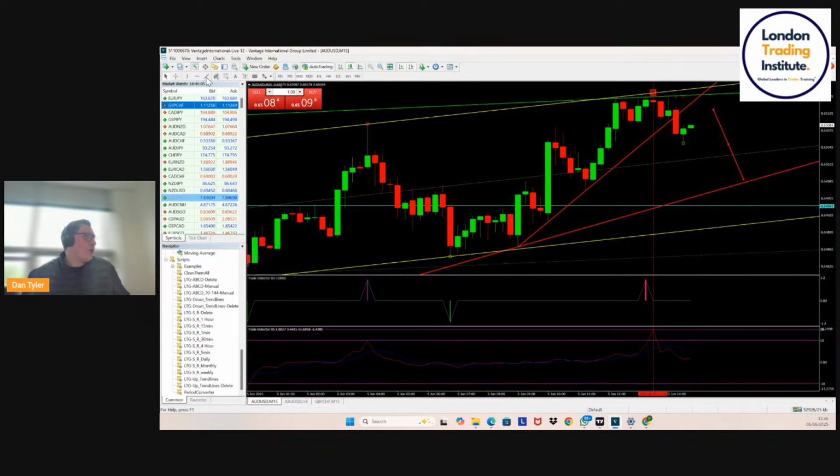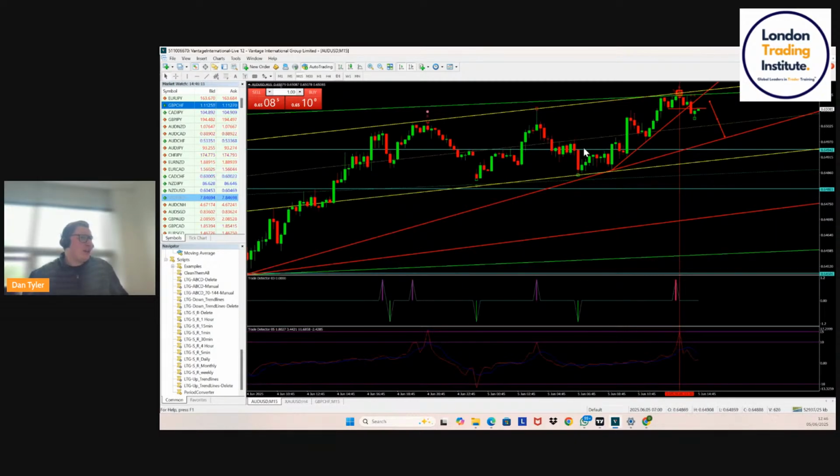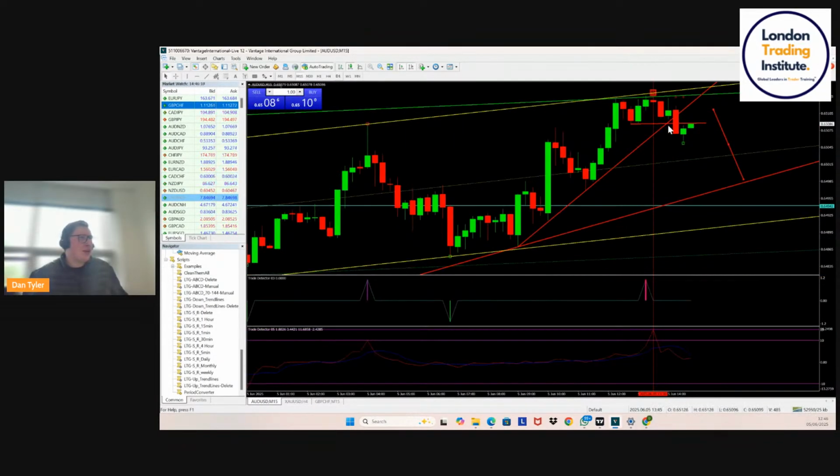We've also taken out these previous lows. So when you're experiencing an uptrend, you see a market create higher highs and higher lows, right? Which is what this market's been doing. This is the first time in a while it's taken out these lows. This is what we call a break of structure. Not only that, it's broken its inner trend line. Can you see how all of these now are aligning?